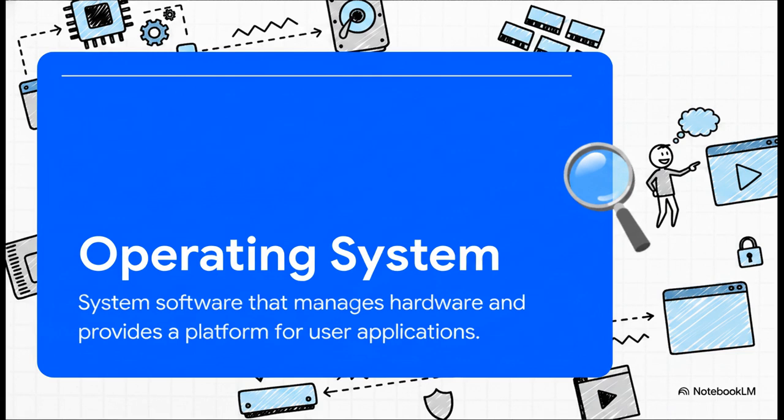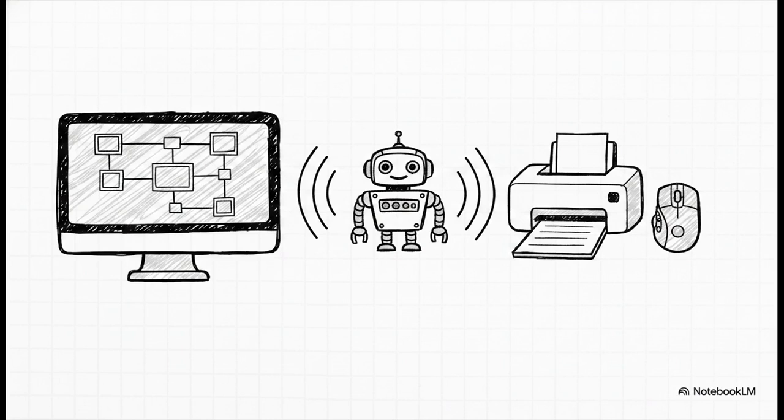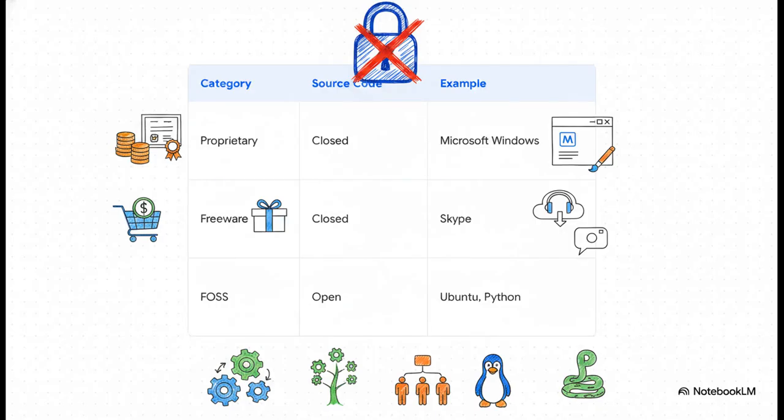interact with the machine. And because we're constantly plugging in new hardware, like a brand new printer or a specialized 3D mouse, the operating system needs a little help understanding them. To manage these new devices, we use device drivers. These act exactly like language translators. They bridge the communication gap, hiding the complex hardware operations and helping the operating system communicate seamlessly with the new peripheral. Once the system software is up and running, we use application software to actually do our work or just